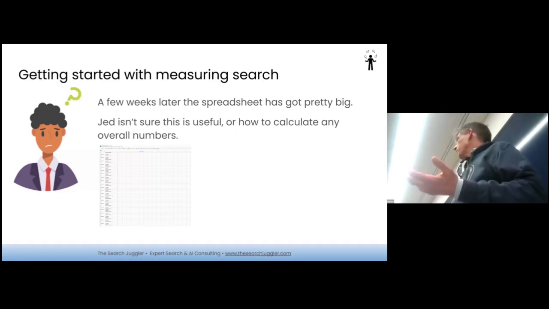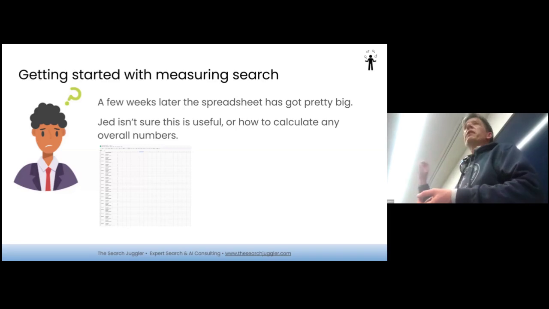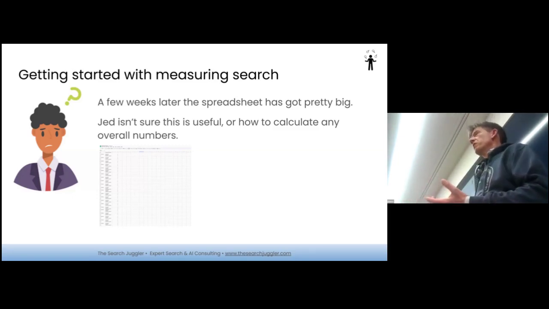Another way you might do it is by creating some kind of version of your website that lets you tick or cross results, or thumbs up or thumbs down, some internal thing you might work for numbering. I've seen lots of ways of doing this, and it's always a bit painful. But how do you calculate some kind of overall number for how good search is, or even how good one query is? It's hard to figure that out. You just add things up and average them, I don't know.